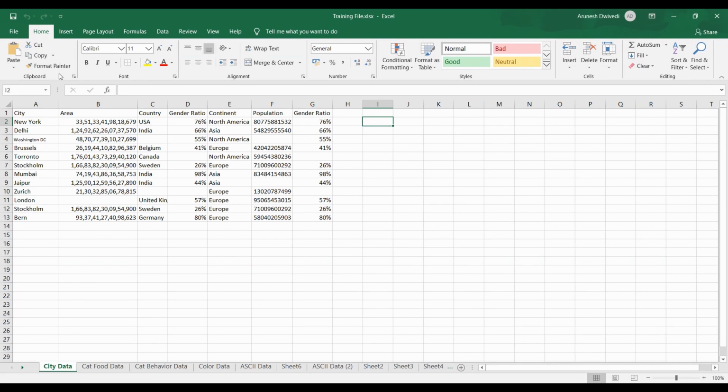By default, whenever you open an Excel file, the Home tab will automatically be selected. As you can see, there are different sections under it. Today's video will focus on the font section and the alignment section. This is pre-prepared data in my Excel sheet which I'm going to use to show you different aspects of font. Let me just increase the column width of a column and increase the row height.